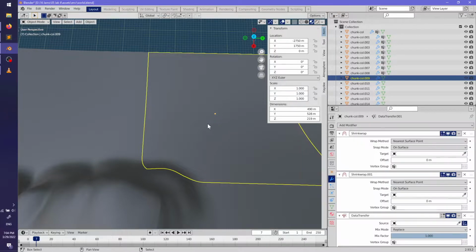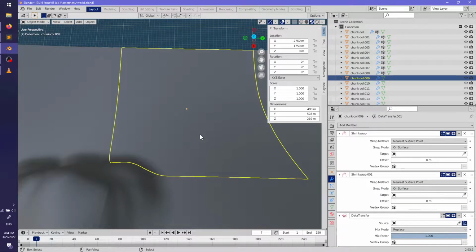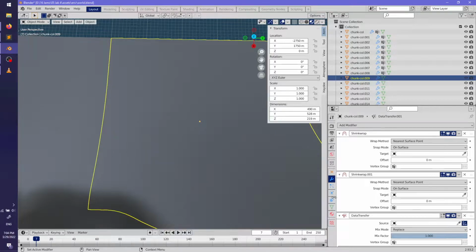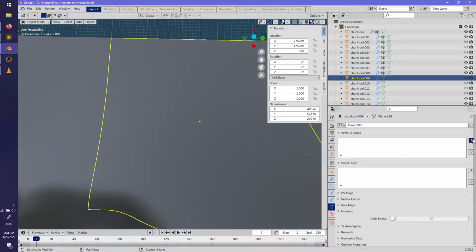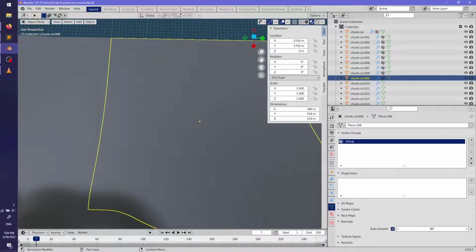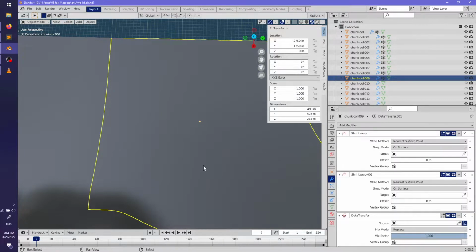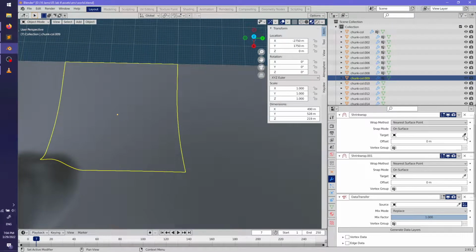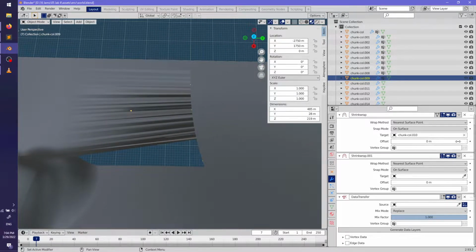Also, if you're following along at home, make sure to put the data transfers after the shrink wrap, or else it won't work. Look at that. We're 3/4 of the way done with being 1/12 of the way done.